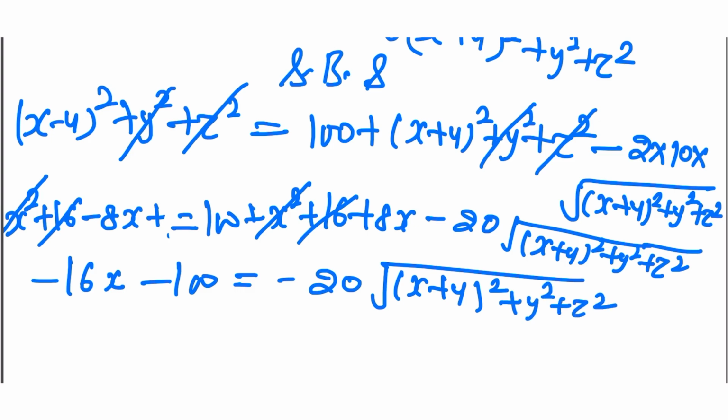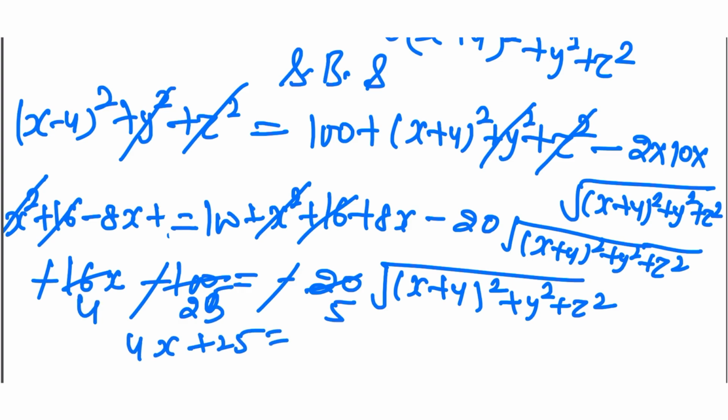Now the minus sign is also going to be cancelled and this value is divided by 4. 4 fives are 20, 4 fives are 20, 4 sixes are 24, 4 ones are 4. So we remain with 4x plus 25 is equal to 5 into square root of (x plus 4) whole square plus y square plus z square,